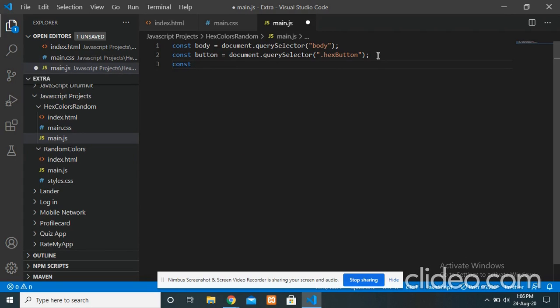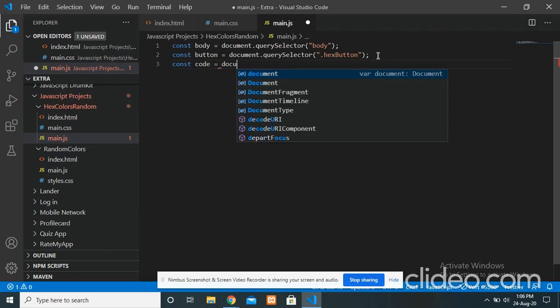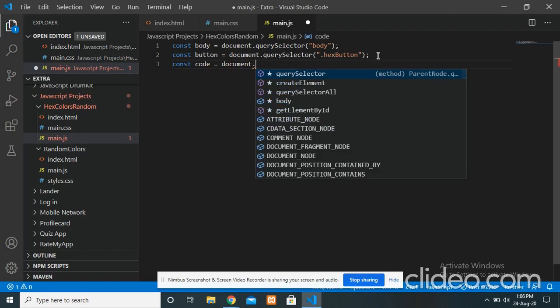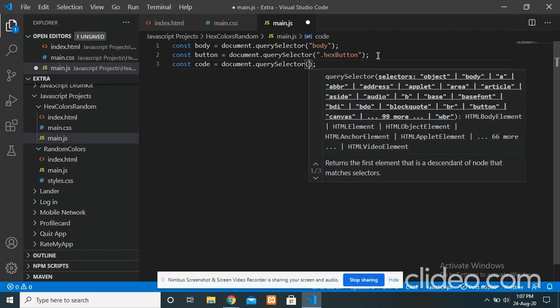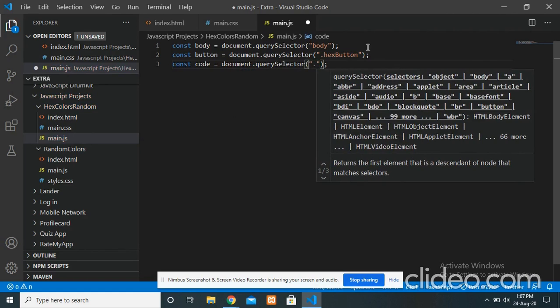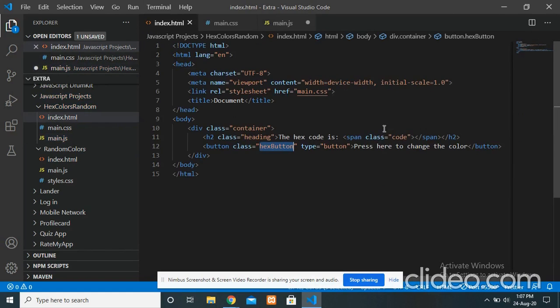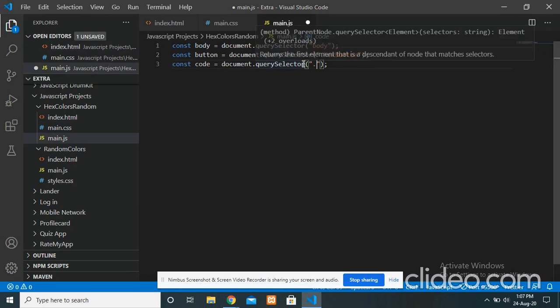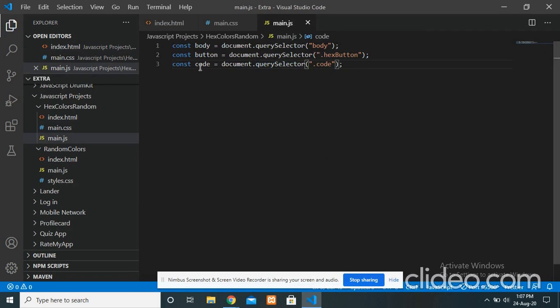So for that purpose, I am writing a code variable and document.querySelector, and dot, what's my span name over here? It's also code. Let's give this to code, and then I'll create one array. So const colors array equals to